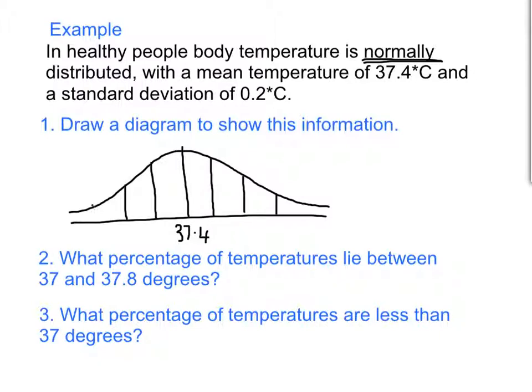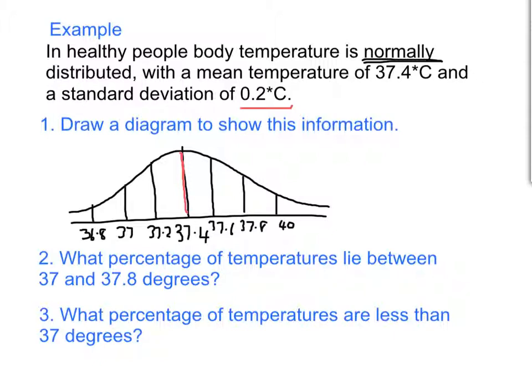My drawing's not very accurate. Into 3. And I'm going up by 0.2. Each of these sections I add on 0.2. So this next one is 37.6, 37.8 and 38. Going down, I take off 0.2: 37.2, 37 and 36.8. Because I know that the mean here was 37.4 and for each deviation, each section, I'm going to add on 0.2 or take off 0.2.